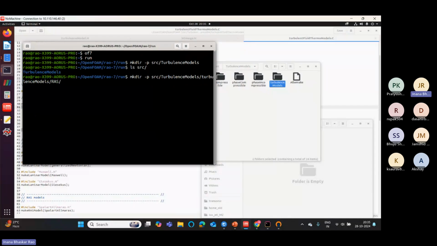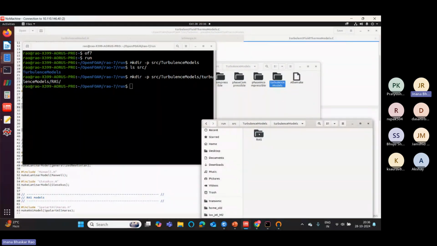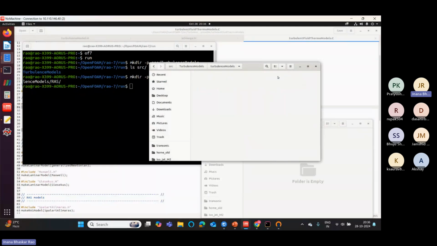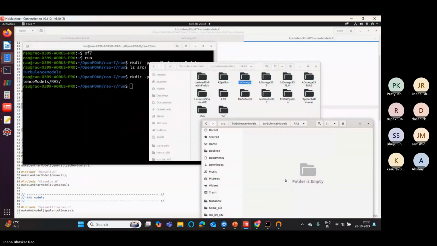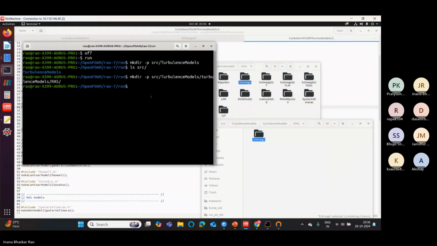RAS slash, let's call it, no, let's just make this folder first. So I have this entire structure now, wherein I can put a model. So I can copy paste it from here as well. So let me just do that. And similarly, I will make a